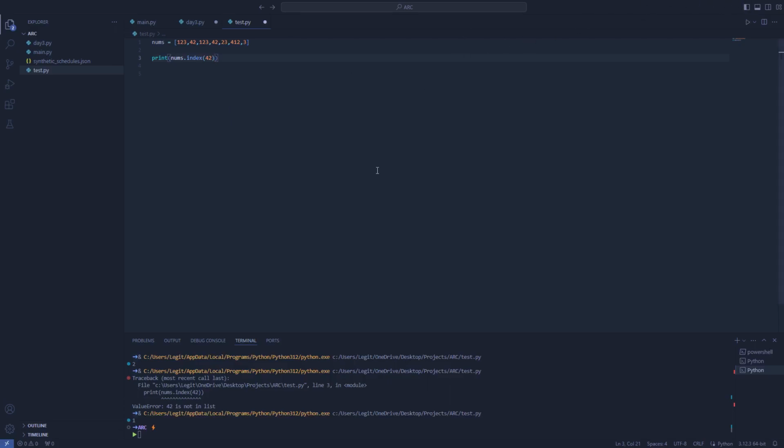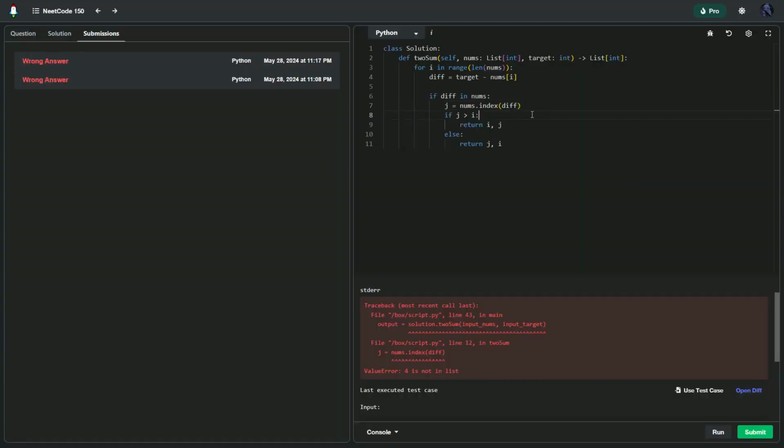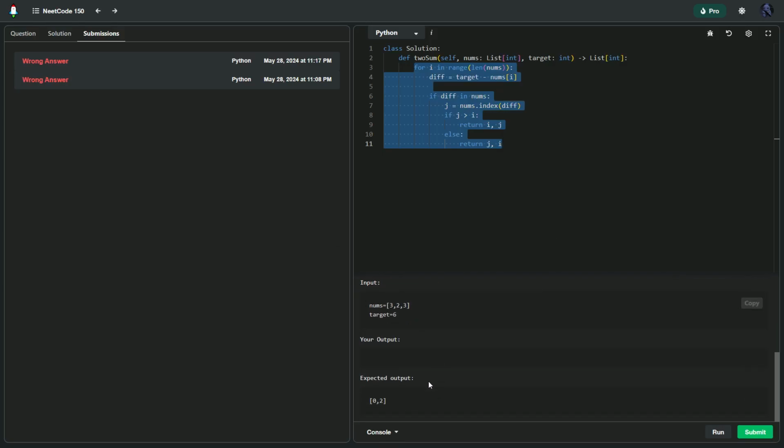So if it's in the same thing, I should probably either pop it or something like that. 0 and 2. I get it, because I tried to find 4 in the list and I assumed it existed. So I'm going to check if the difference is in the numbers. If it is, then I want to see if